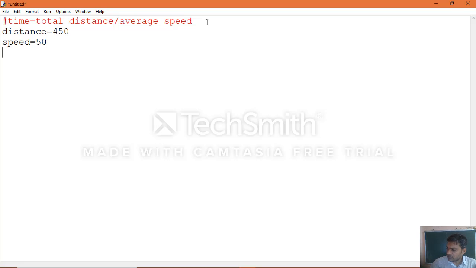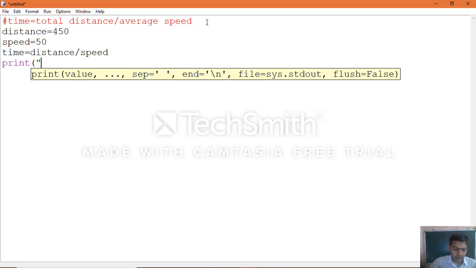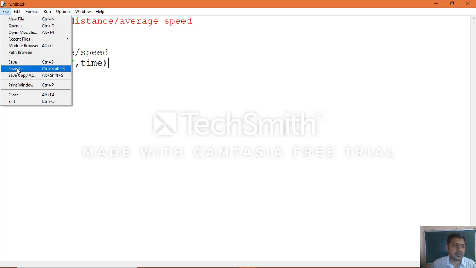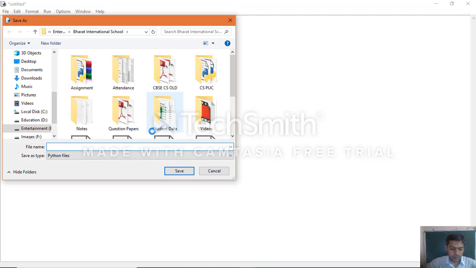Now we can calculate the time equal to distance divided by speed, okay, then print time. Now save your application, save as time.py.